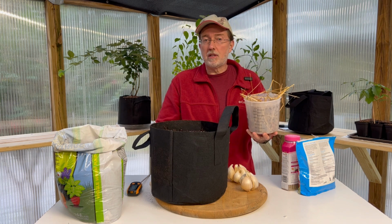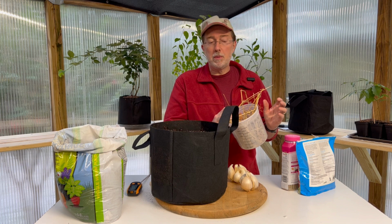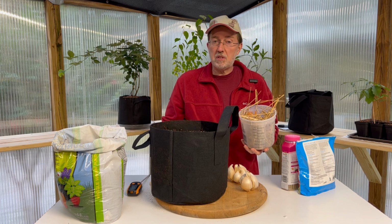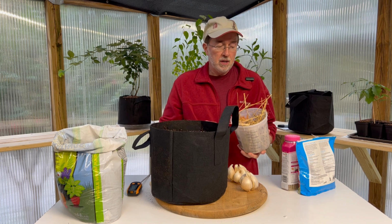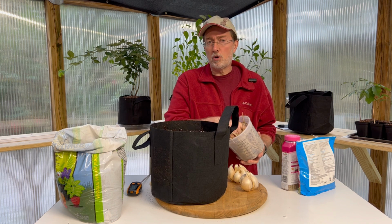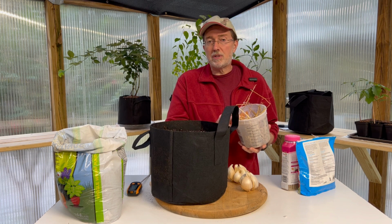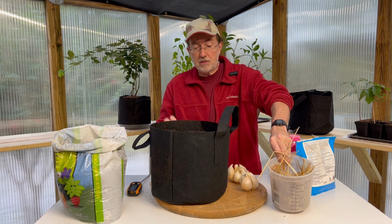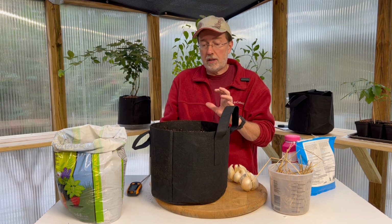Now once I plant the garlic, I'm going to go back and top it with straw. But one thing to remember is that you want to make sure that the straw was never sprayed with an herbicide. A lot of the straws you buy at the big box store, you don't know either way. So if you can purchase from a farmer who's grown his own hay, that is a great option to have. This straw is organic and it's never been sprayed with an herbicide, so I know it's safe to top it as a protective agent above my garlic